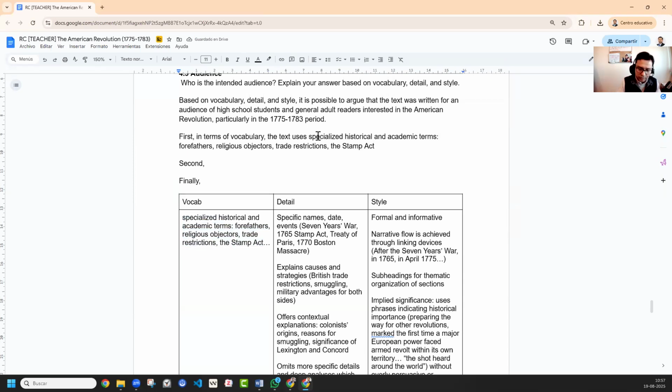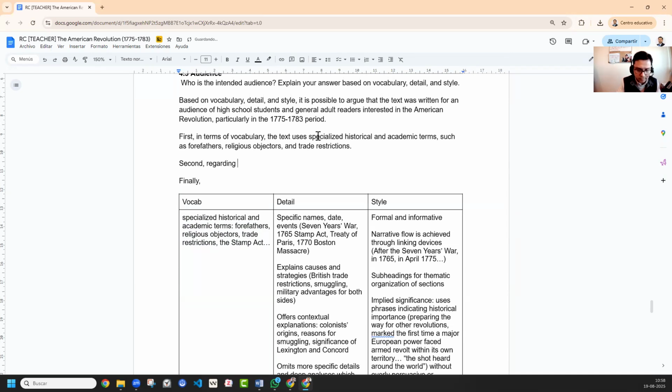Of course, we cannot present it like this, so we will introduce a non-restrictive clause with examples such as forefathers, religious objectors, and trade restrictions. So just three, the rule of three, an unwritten rule, in order not to saturate the text, okay? Second,